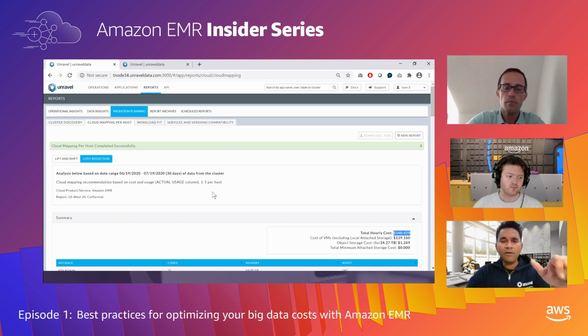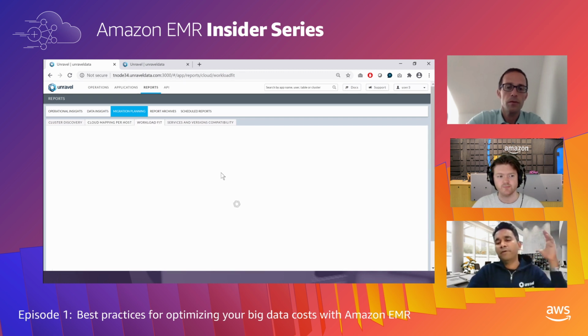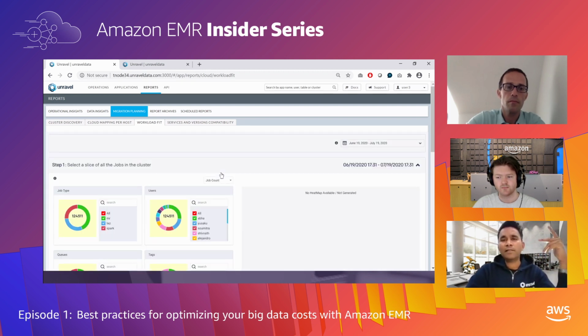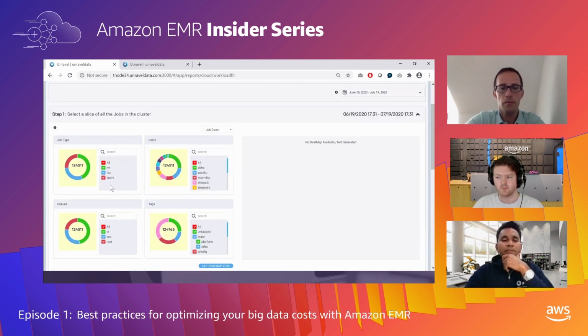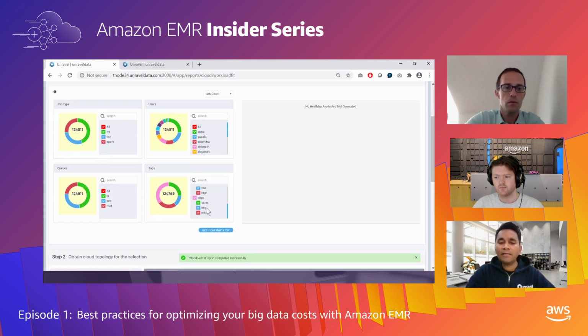than capacity. Now, to think about it a little bit further, what if you don't want to move everybody? And you think about, hey, let's go find out which users are best suited for the cloud or which type of application that I'm running is best suited for the cloud. You may think about only migrating your Spark workloads to Amazon EMR. Or you might think about saying, hey, let's only move the marketing department to Amazon EMR.